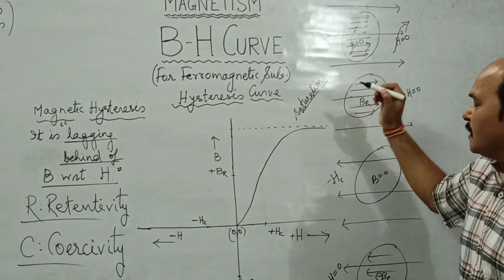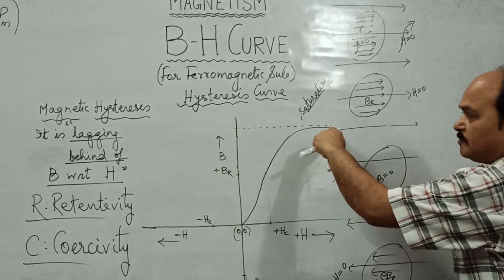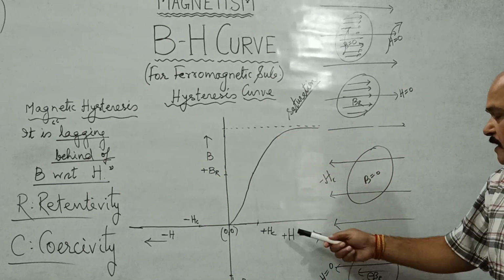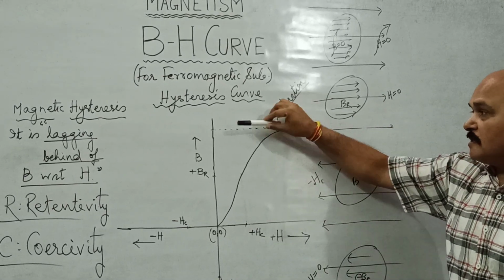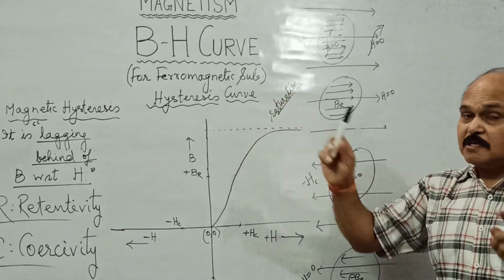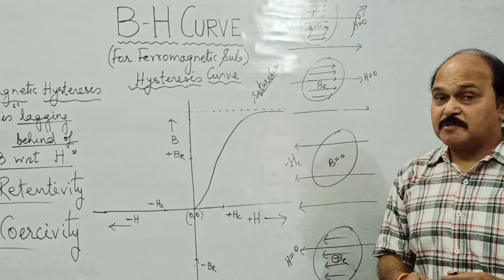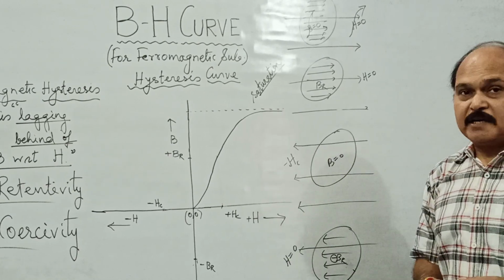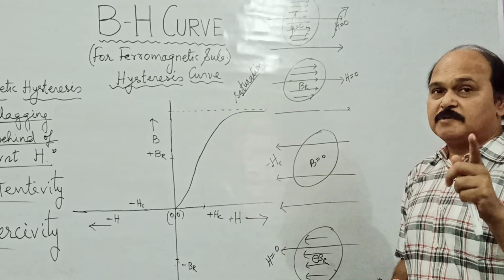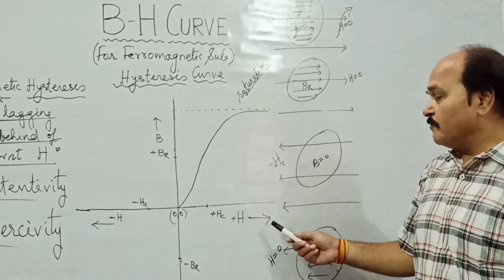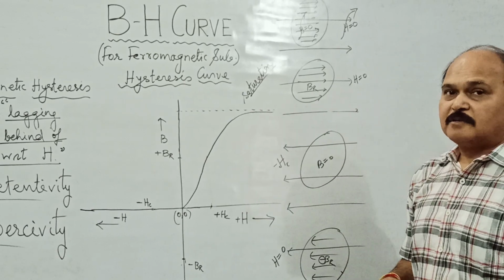And what happens in this state? In this state, the value of magnetic induction in the substance becomes maximum. We can increase the value of H to any higher values, but the magnetic induction in the substance becomes constant. It stops increasing. This is what is the saturation state. The substance behaves like the strongest magnet, and the magnetic dipole moment of the substance stops increasing. We may increase H to any higher values, but B becomes constant.